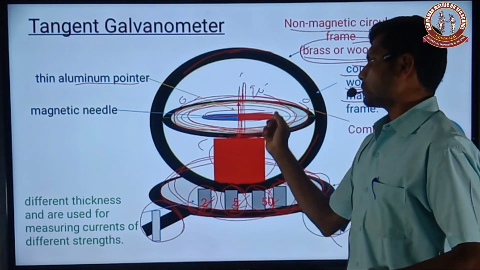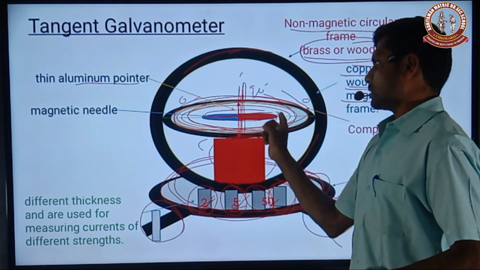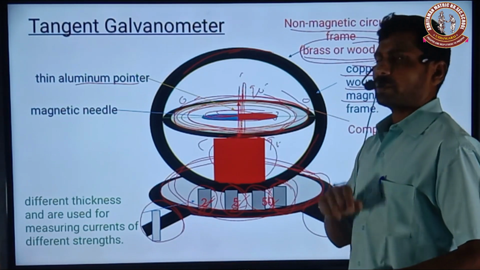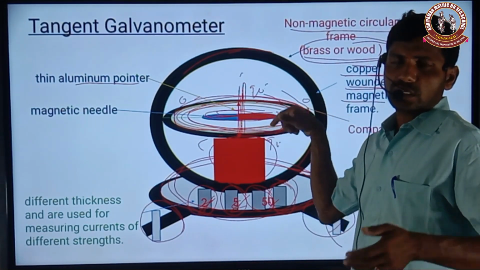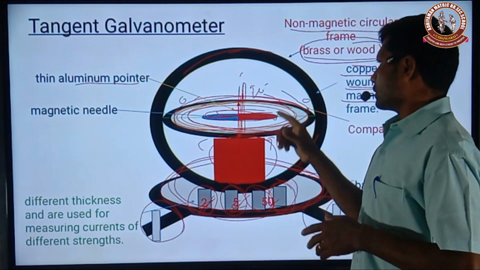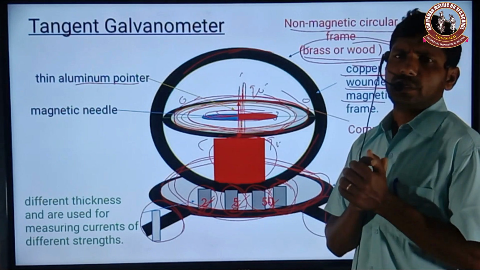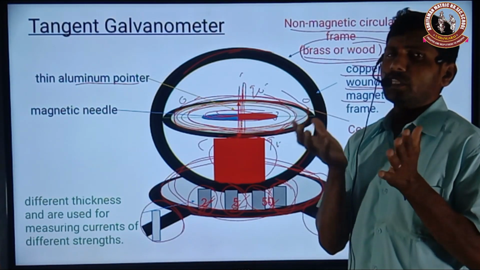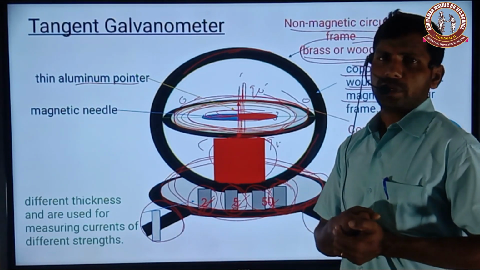The compass box is placed here, with a small adjustable upright projection. The compass box consists of a magnetic needle and an aluminum pointer. The aluminum pointer moves over the circular graduated scale, which is divided into 4 quadrants, 0 to 90 each. To read the aluminum pointer values and eliminate the parallax error, the mirror is fixed below the aluminum pointer.